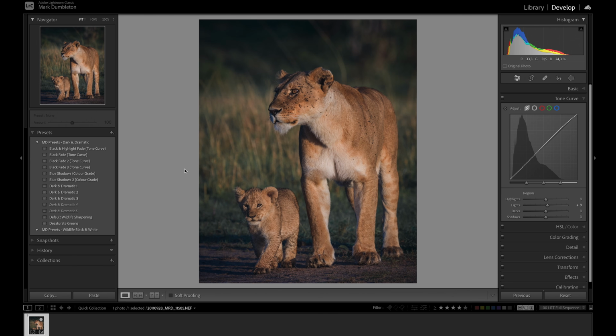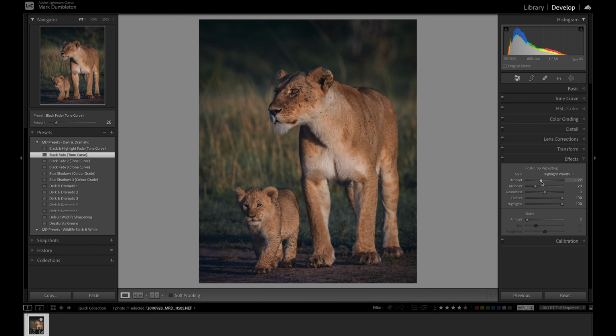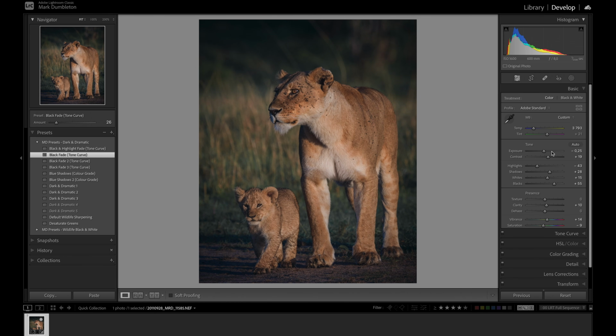Just come back into this tone curve. I'm just going to go back to this black fade preset again. Just want to fade those blacks ever so slightly. And then come back into this vignette, drop the vignette. And I think that's looking pretty good. So I think I'm pretty happy with that. I like the exposure across the whole image. It's nice and moody. I mean, that's what we started out with. So you can see it's very bright and very sort of warm and green. But now we've dropped those colors a bit,